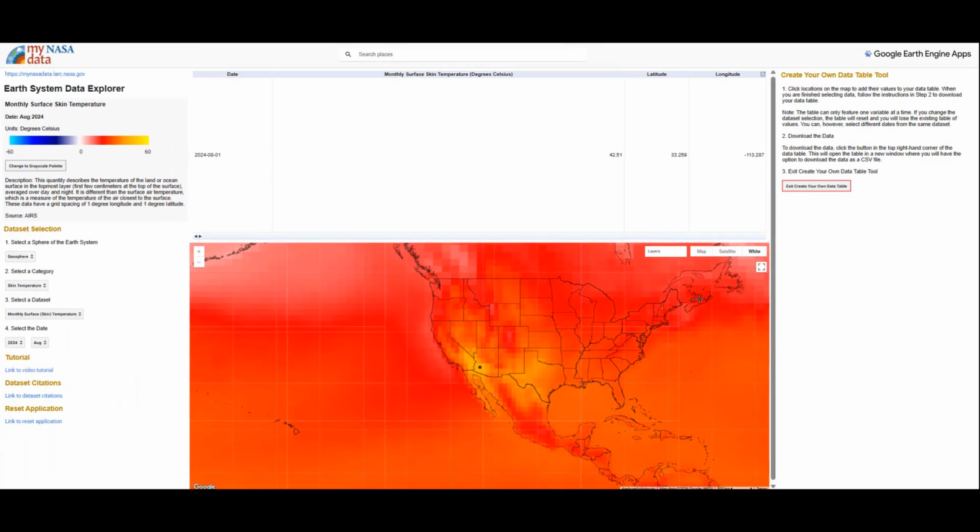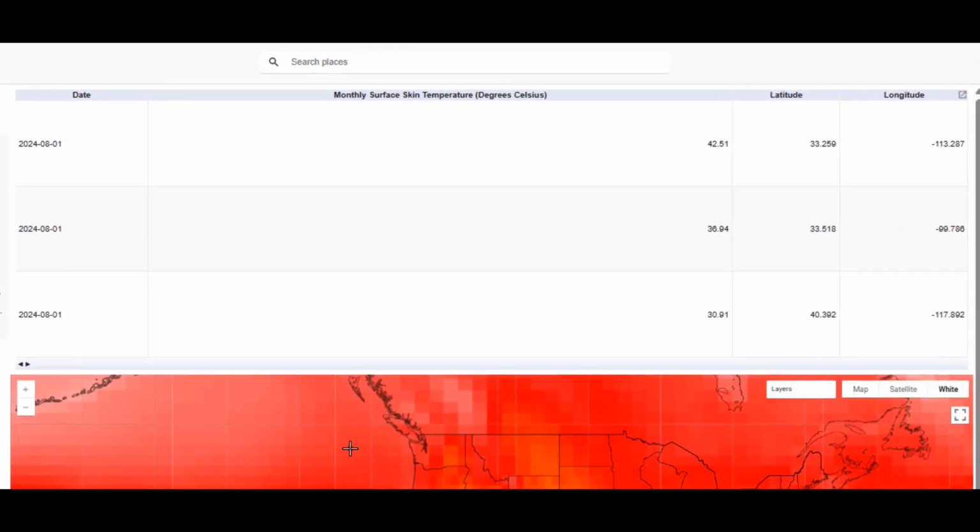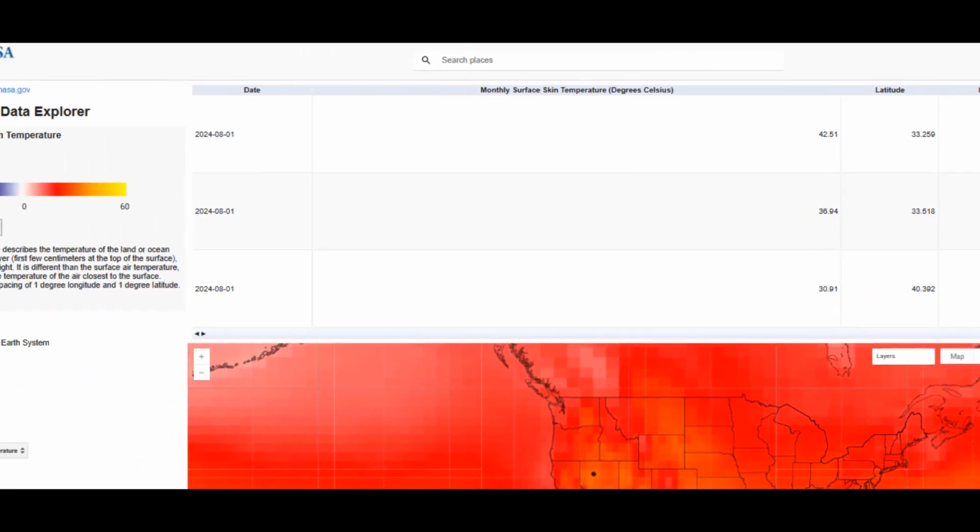and there will be a mini map below the table that is starting to be built at the top. And you will see that there's one row added to the table up above. As I click on additional locations, the black dot will move and new rows will be added to the table. So notice that these are all for August of 2024, which is the same date we originally selected for our